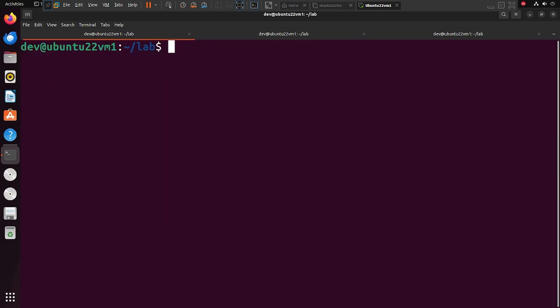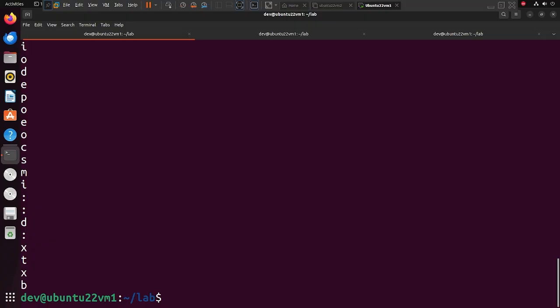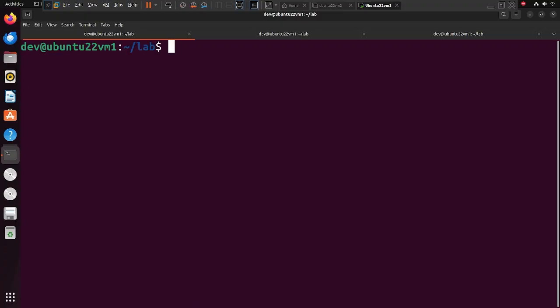Let me clear here. I will use the cut command and hyphen c. How many characters do you want to select from the starting? So for starting, you can specify hyphen n and till 4. Now you can see you are getting that one, and if you need only a particular character, you have to specify the position. So for example, the fourth character. So it will give you the fourth character. So you can get characters. You can select characters-wise or field-wise, but basically it is used to select the particular fields or